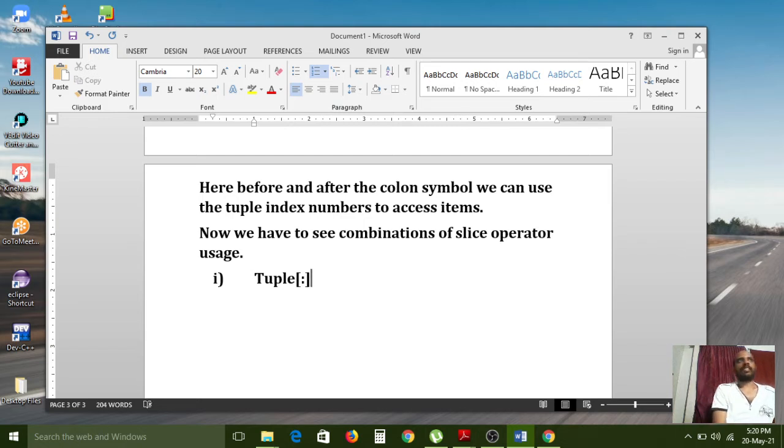For example, if the tuple contains 6 elements, the 6 elements it will print as output. All elements of the tuple it can print.